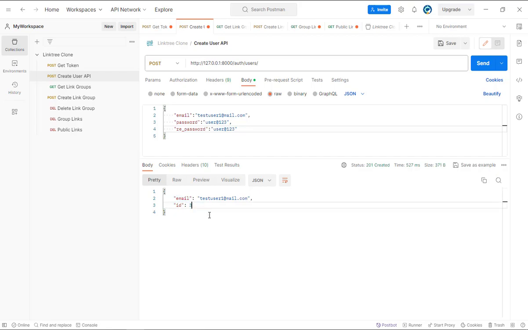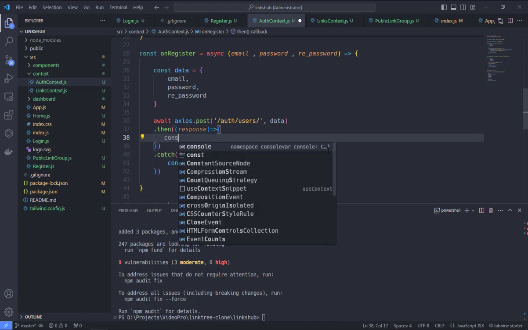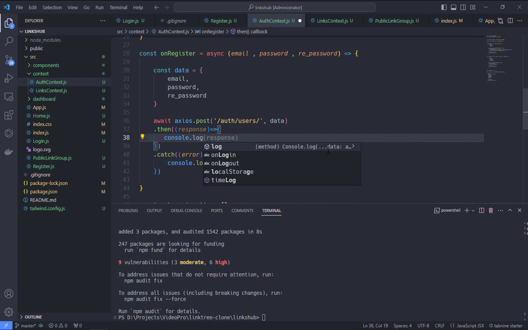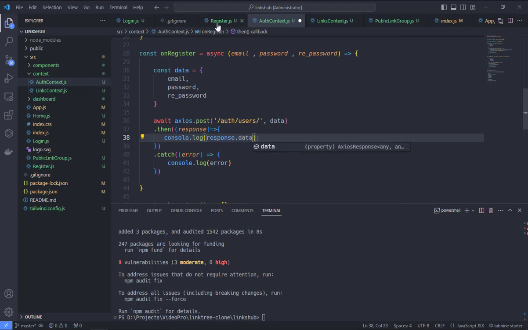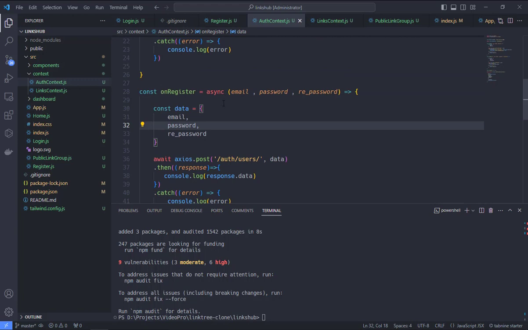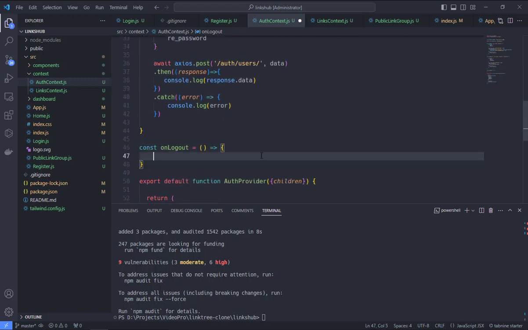if it is giving this one, if the user is created, we're gonna do nothing, and let's console the response data. Okay, we don't need to do anything with that. So the register function is also great, and in case the user is found out,